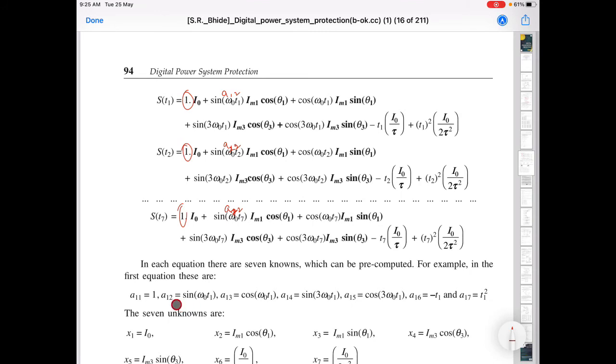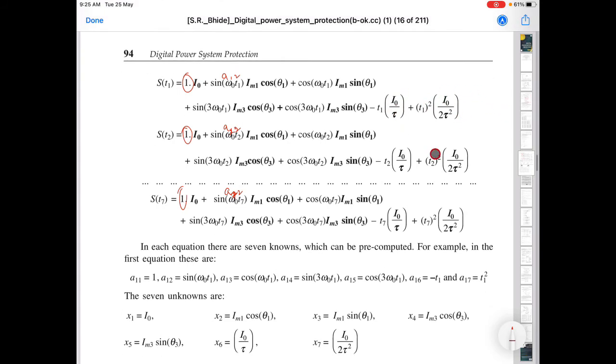So in first case A12 is known, A13 is known, A14, A15, okay, A16 is this, and A17 is this. So only variables are this is known, t is known, I0 is also unknown. So I0 is unknown, that's why it is kept in the 6th and 7th term. Okay,